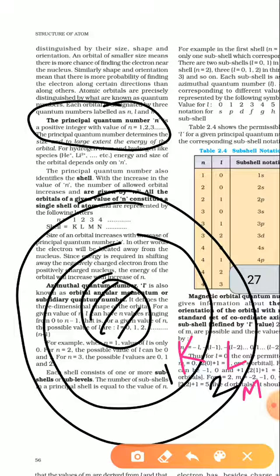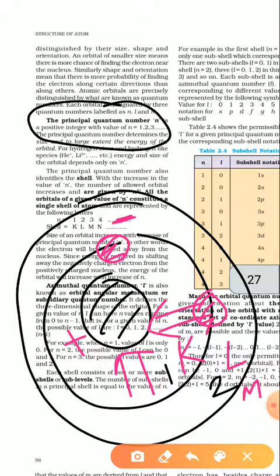We know that the closer the particular shell is, the more energy shift will occur between the electrons present here and the nucleus, because we know that the electron is a negatively charged particle and the nucleus overall is a positively charged particle because of the presence of protons. So there will be an attraction between the nucleus and the electron. The closer the electron, the higher the energy of the orbital near the nucleus. The farther it goes, the more the energy is reduced.